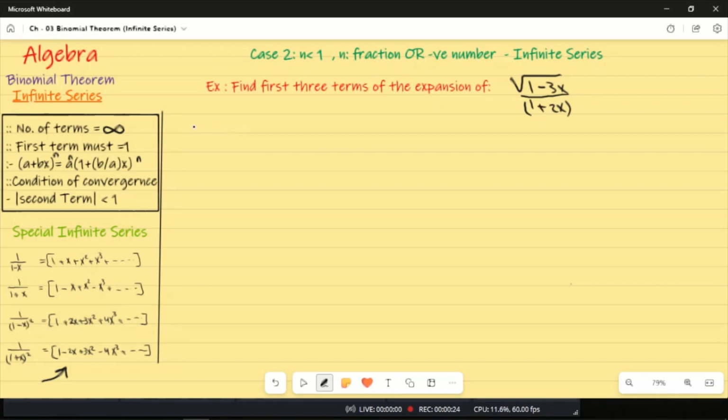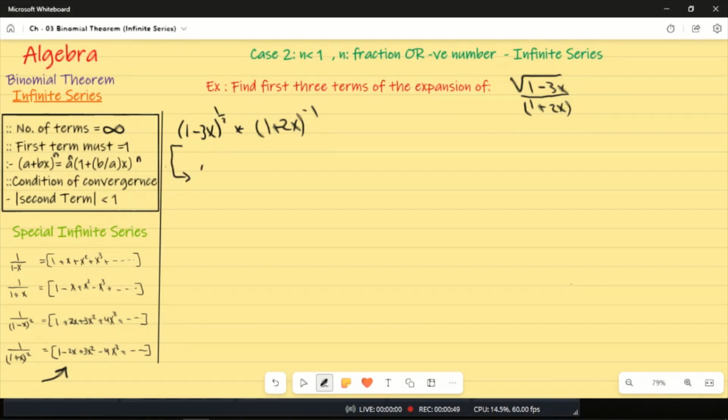Okay, so we have here 1 minus 3x power half into 1 plus 2x power negative 1. Okay, so the first series here